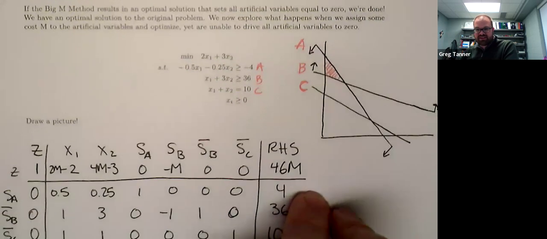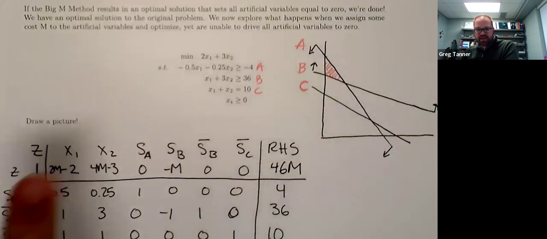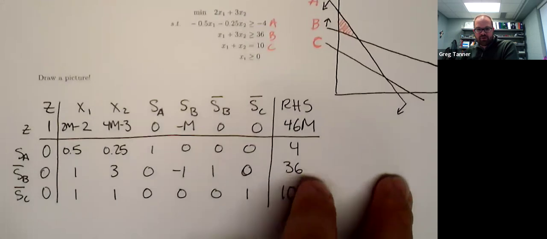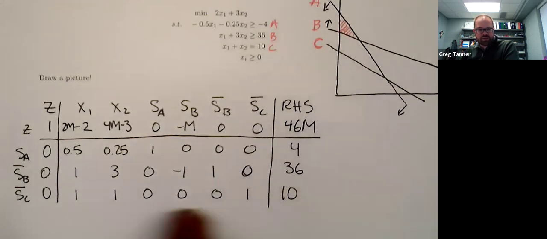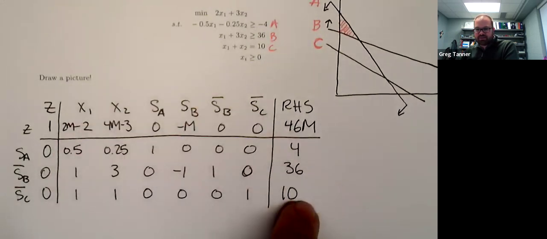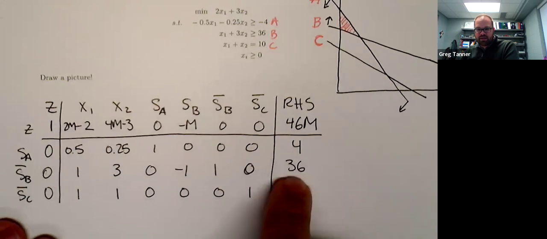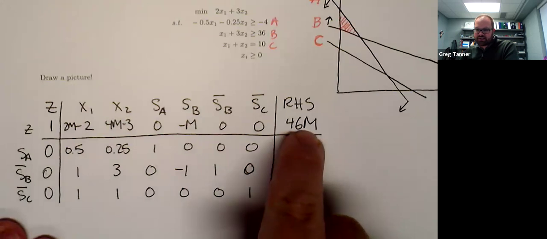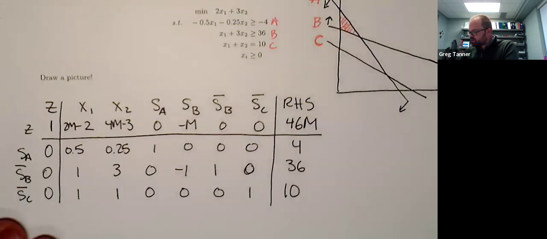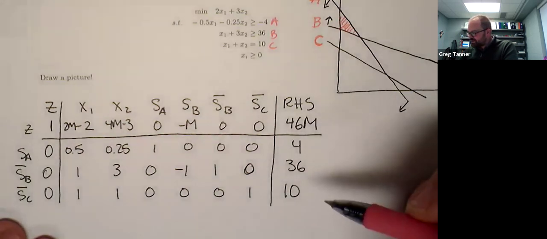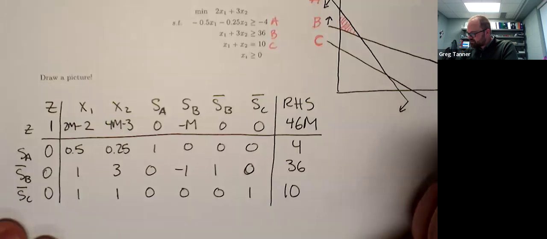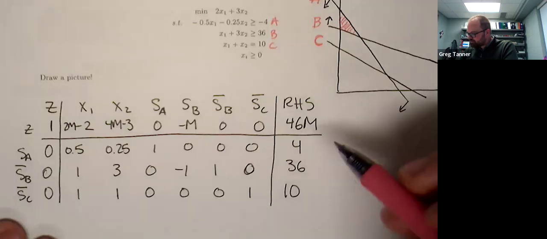So let's see what happens in the Tableau method with this. I've gone ahead and updated the starting Tableau to have a 36 on the right-hand side. The only other number that changes is this number up here. I'll give you a quick tip as far as,